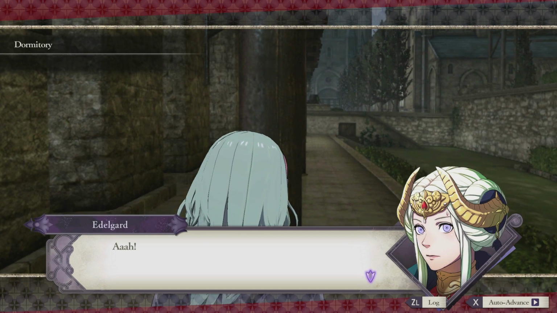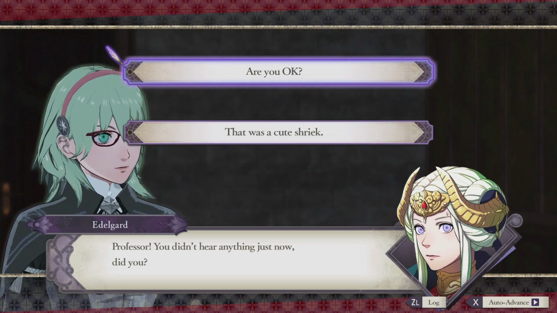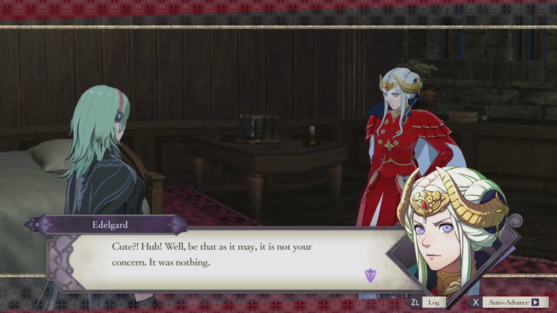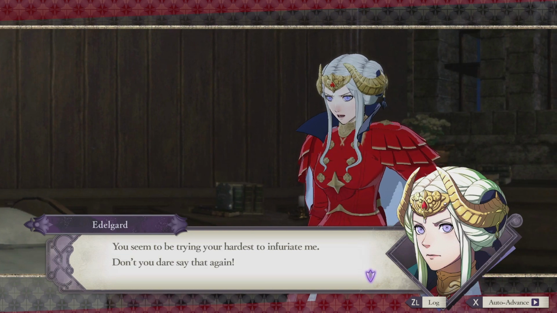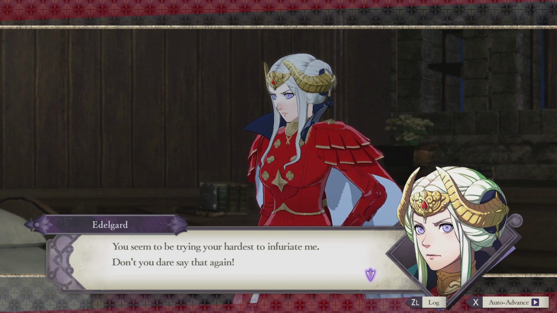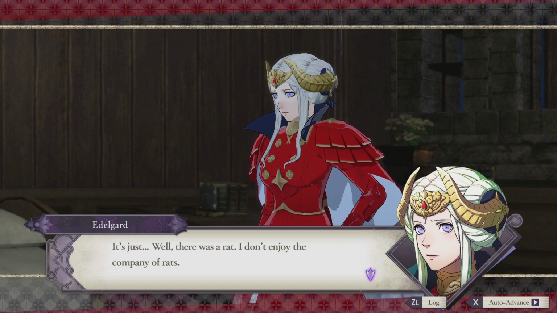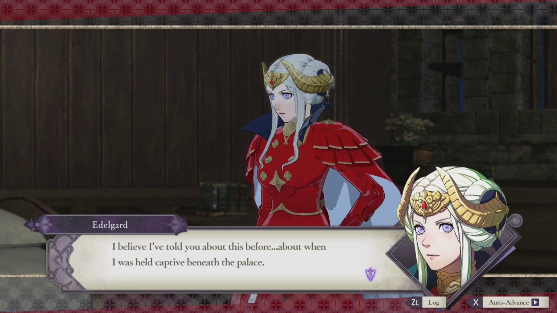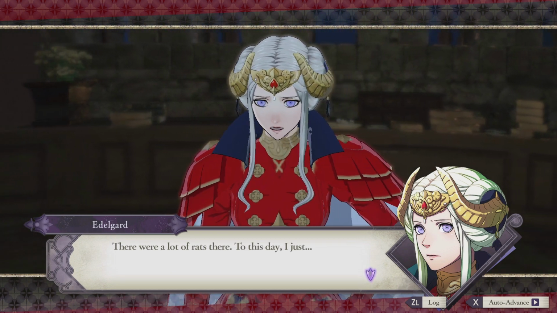Professor, you didn't hear anything just now, did you? What, like you going, ah? That was a cute shriek. Cute? Huh. Well, be that as it may, it is not your concern. It was nothing. Really, very cute. You seem to be trying your hardest to infuriate me. Don't you dare say that again. It's just... well, there was a rat. I don't enjoy the company of rats. I believe I've told you about this before. About when I was held captive beneath the palace. There were a lot of rats there. To this day, I just...